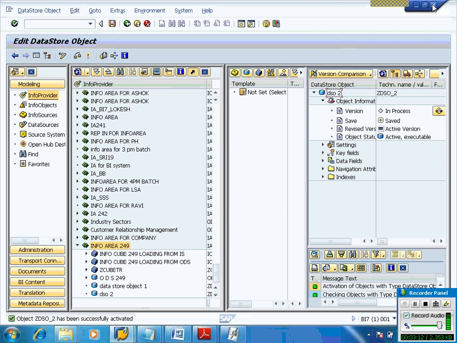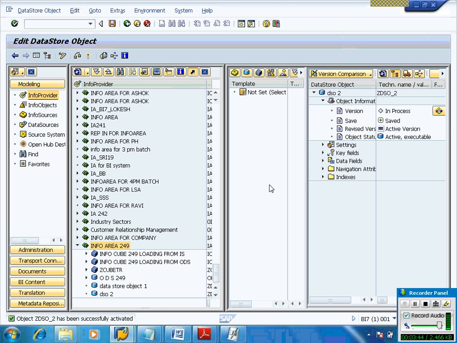Now, I would like to combine these two DSOs using DA input sets. DA input sets can be created using DSOs and info objects only. But in DA7, we can create using info cubes also, and maximum 2 cubes you can include while creating a DA input. There is a limitation, 2 cubes only.